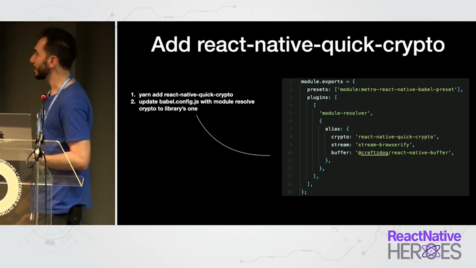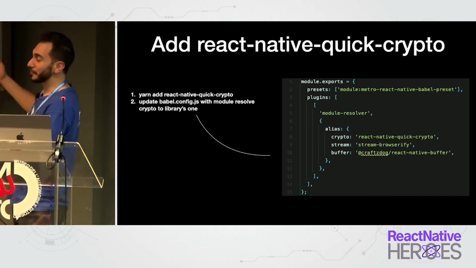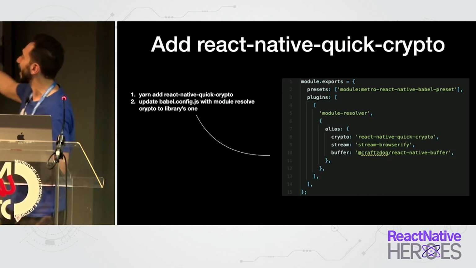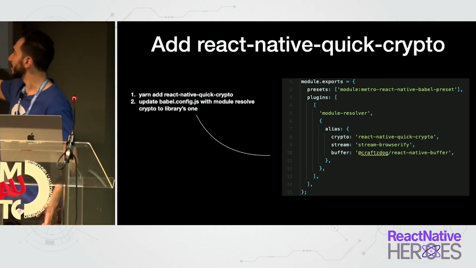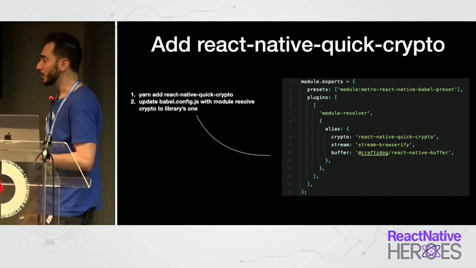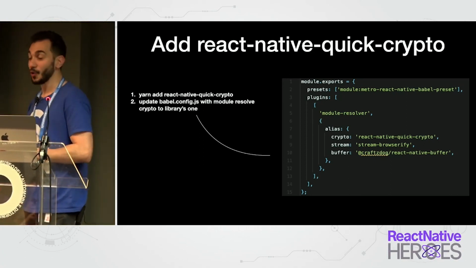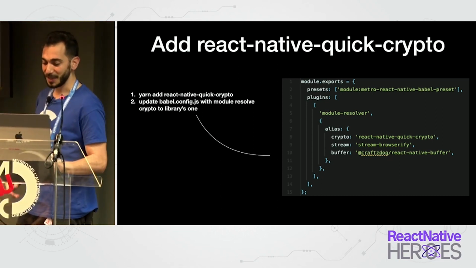At this time, we don't know what to do next, because all of this should have been enough to work. No? Because this is an alias. If headers uses crypto, now it is linked to React Native Quick Crypto, so everything has to work. But no. So another 3-4 hours of researching GitHub issues, and this time we found some